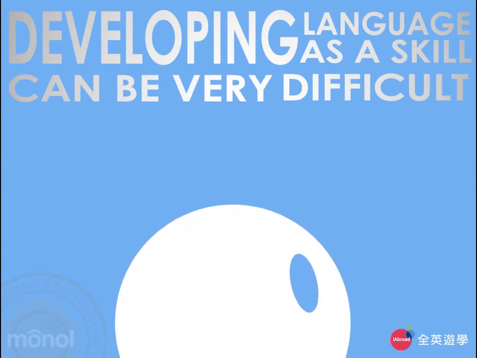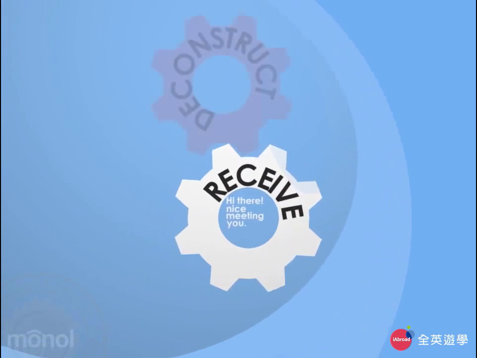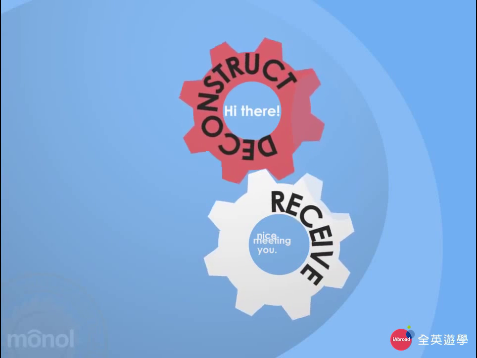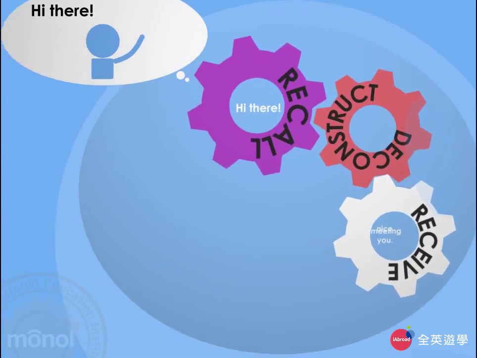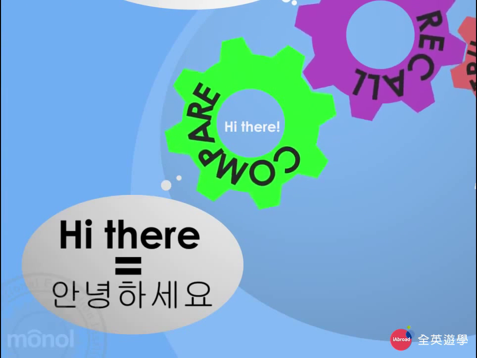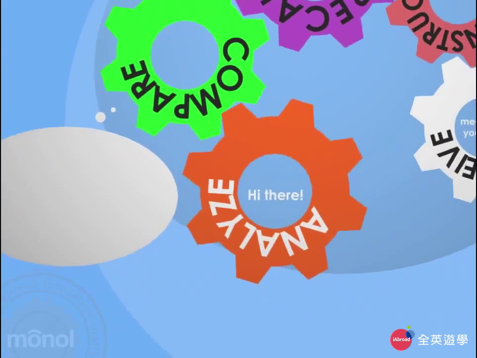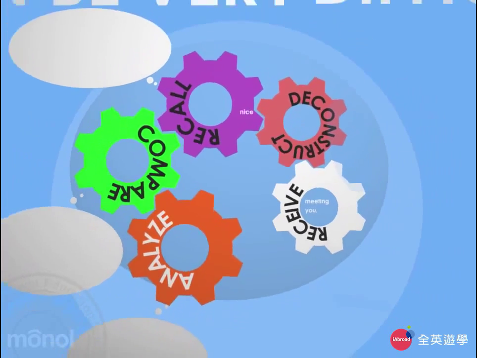Because normally when we study a subject, we receive some information, we then deconstruct the information word by word or sentence by sentence. We try to recall if we have encountered the word before, and compare it to a word that we already know. Once we have done our comparisons, we then analyze what is left of the sentence, then we begin constructing a proper response.